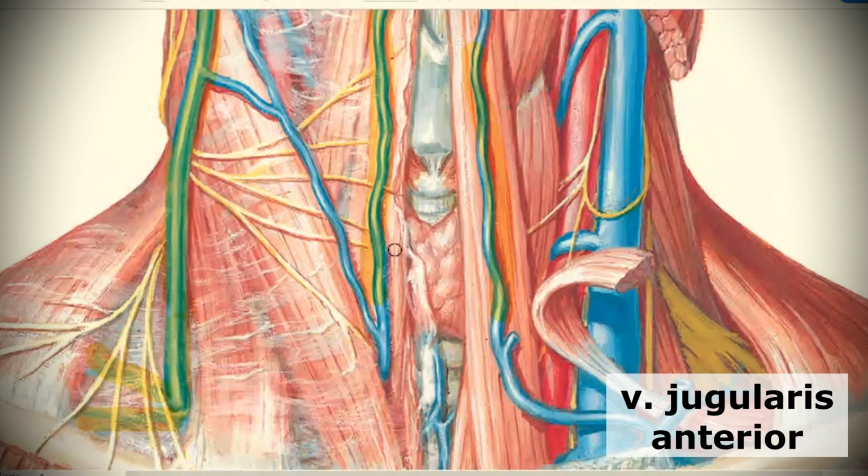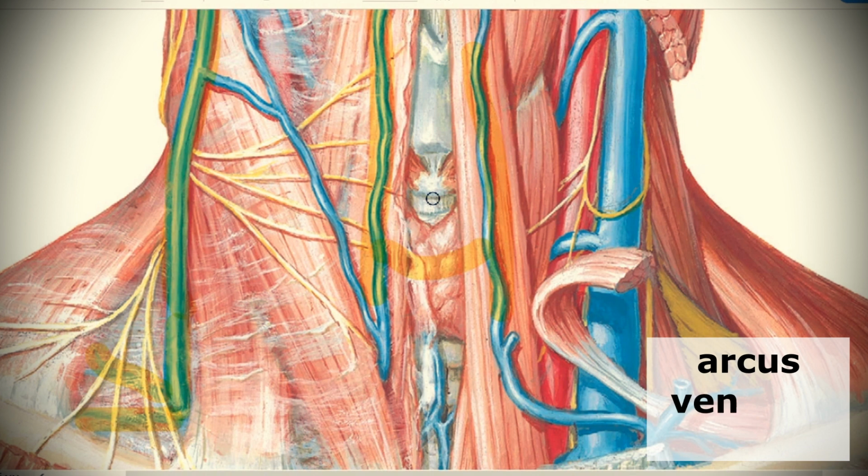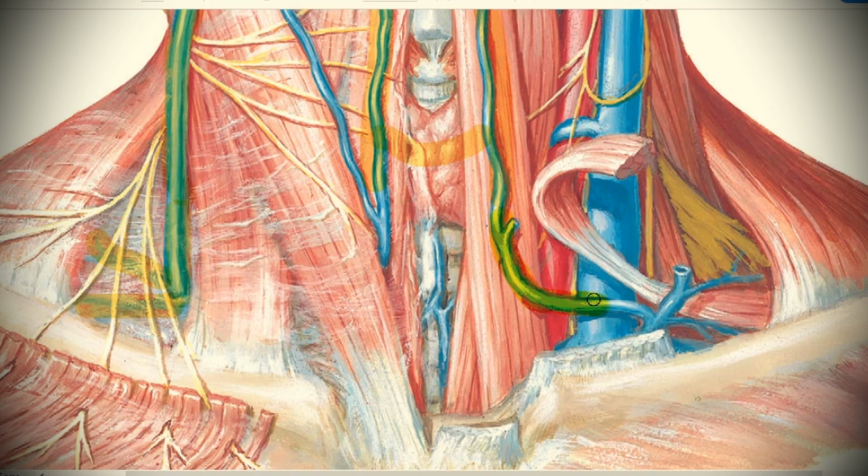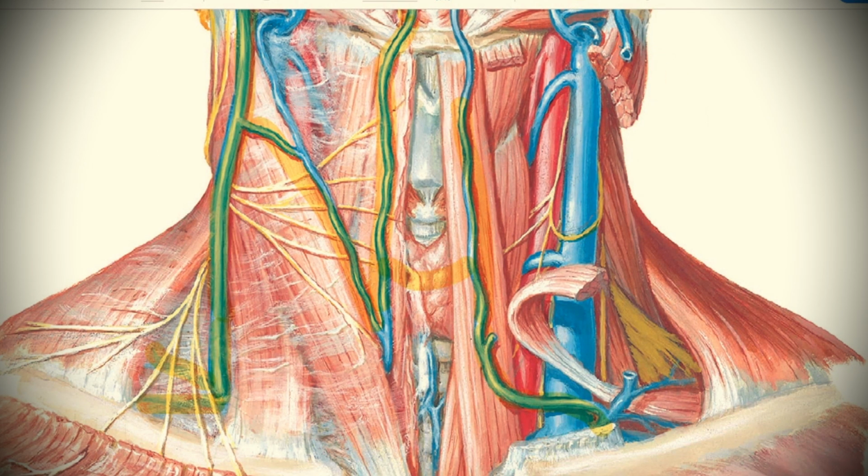Netter didn't draw it here, but it can be present here between the left and right anterior jugular veins. It's called arcus venosus juguli here, and then they decline laterally and fall. They can fall into the venous angle, or into vena jugularis interna, or into vena brachiocephalica. So that's all about veins of